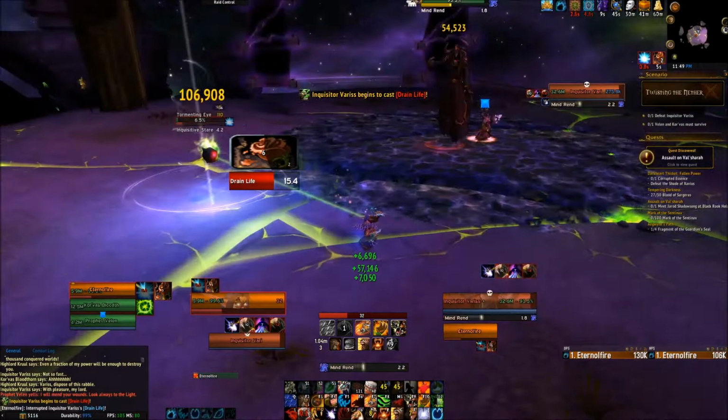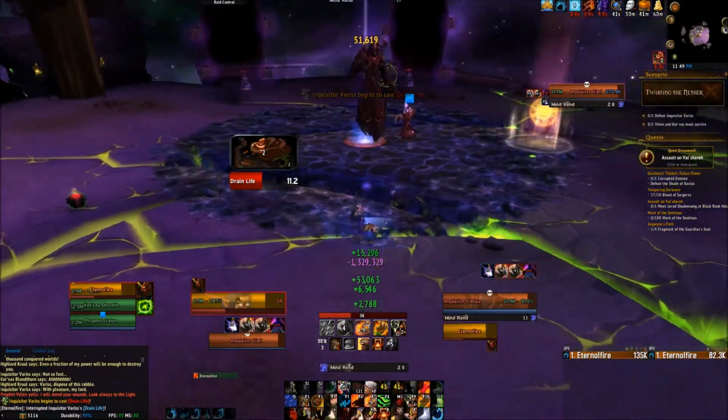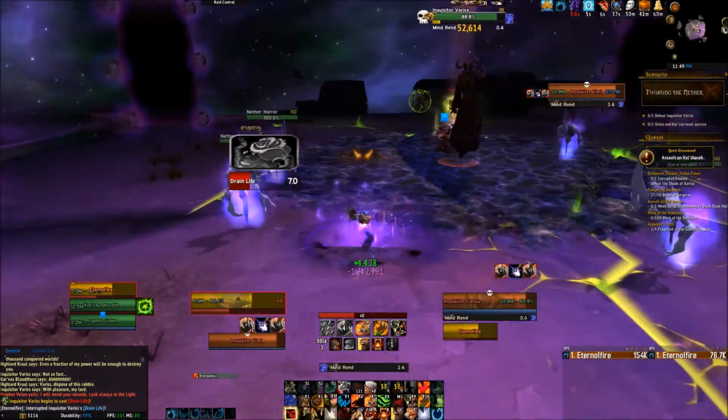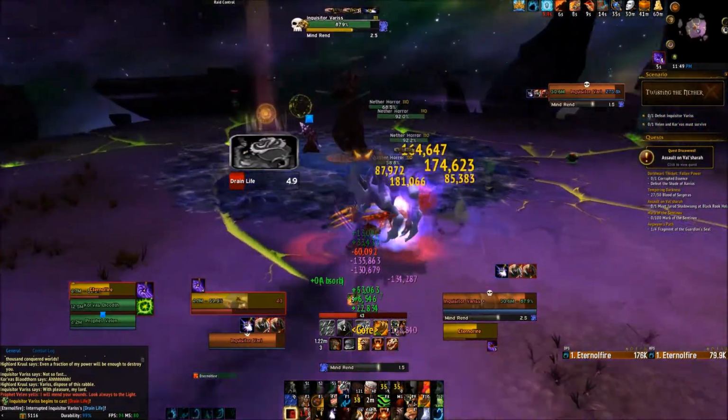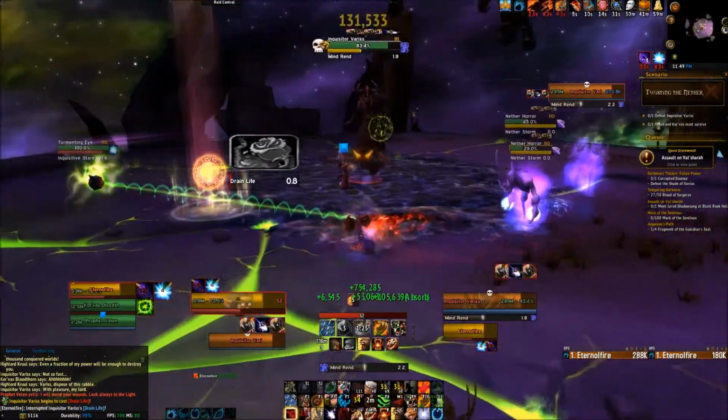I only have 2 stacks of the debuff, and I'm going to stay primarily on the outside of the circle unless I have to go in to interrupt. So with the eyes, I'm going to simply Moonfire them, as they only die for Moonfire damage. And when these adds spawn, that's typically when I save my artifact ability to get extra